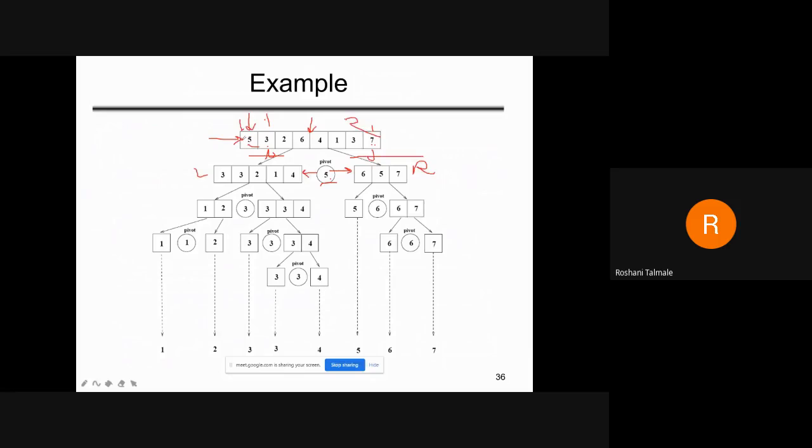So this is the 7. 7 and 5, it is greater, keep it here, 7. Now next is 3, which is less, keep it here. Okay, now next again j will increment. 3 and 5, 3 is less, keep it here. Then 2 is less, keep it here.